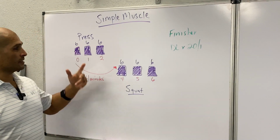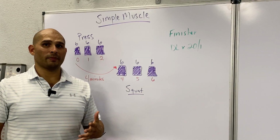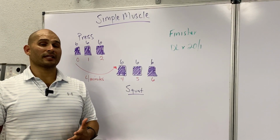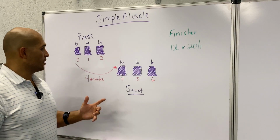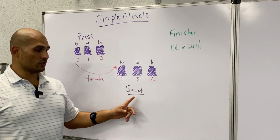At the 1 minute mark, 6 presses again. At the 2 minute mark, 6 presses again. You'll be done, let's just say, at the 20-second mark. So at 2:20, you'll be done. You're gonna rest top of the minute plus another minute, and then you're gonna switch to squats, and you're gonna